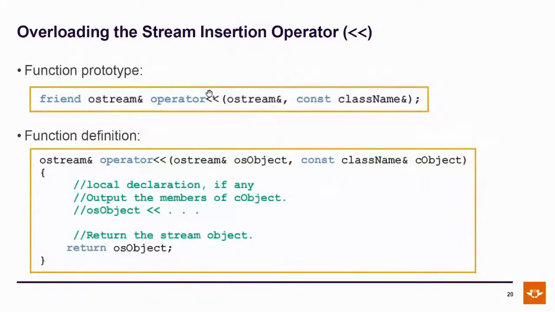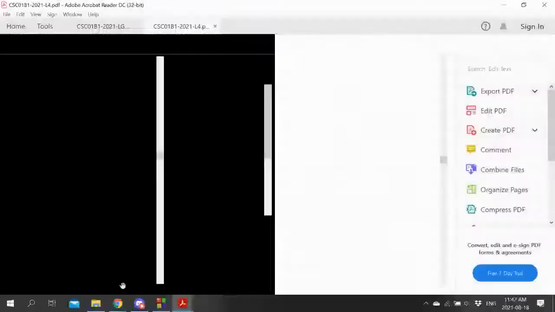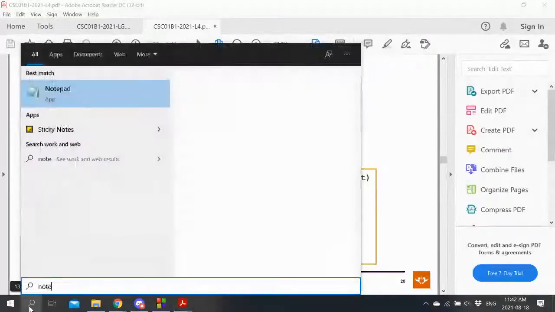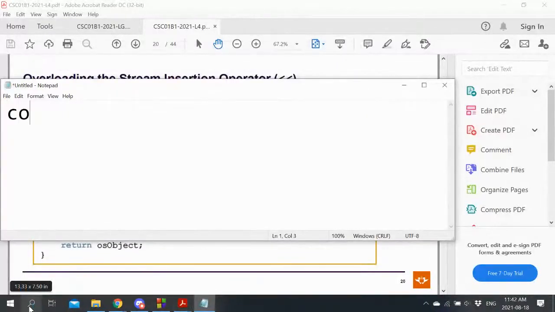One thing that's interesting about it is, of course, that it's one of these cases where we have to use a non-member function. If we look at it like this, say we've got our object and it's O. Who's the left-hand side here? The left-hand side is cout. The right-hand side is us.